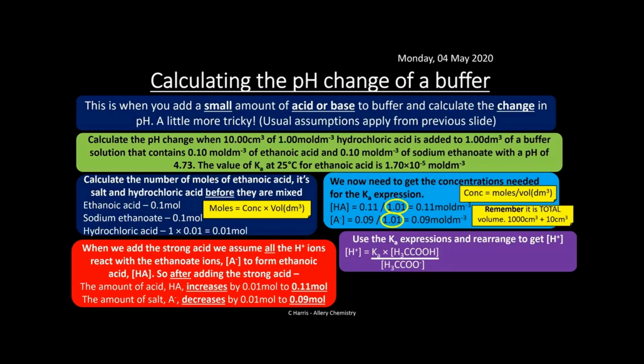Use the Ka expression to rearrange to get your H⁺. So H⁺ is Ka times [CH₃COOH], that's your ethanoic acid, divided by your salt. We put that in, put the figures in for the concentration of H⁺, and we get 2.08 times 10 to the minus